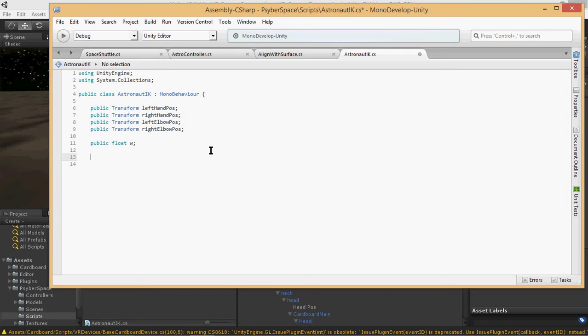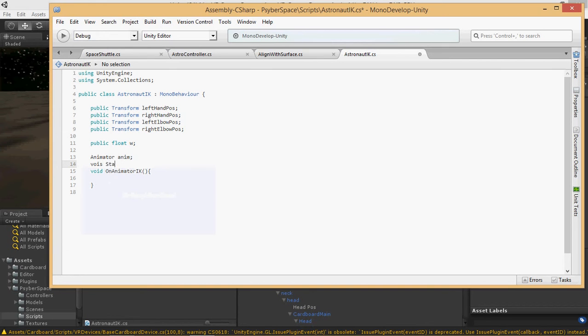Alright, so what we're going to want to go ahead and do here, let's see. So we have our hand positions, elbow positions, and our weight float. So let's go ahead and say void on animator. Oops, that's not how you spell animator. Animator IK. And what we're going to be having in here, there's going to be certain things we have to type that control our player's IK. So what we're going to say first is, we obviously have to get our animator also. So let's just say animator, and